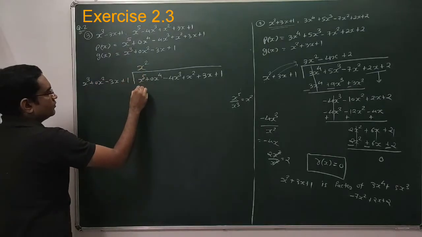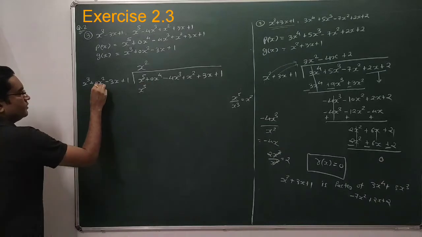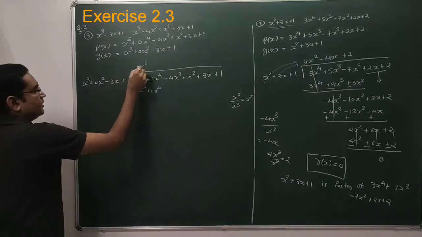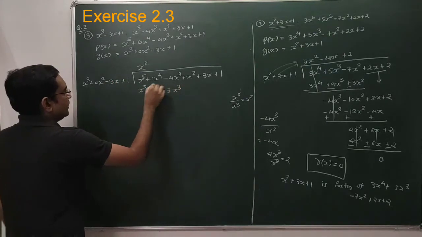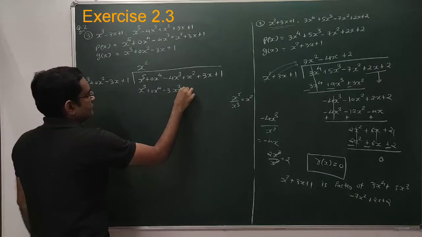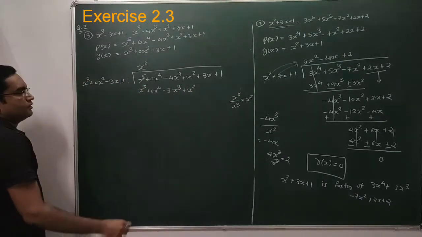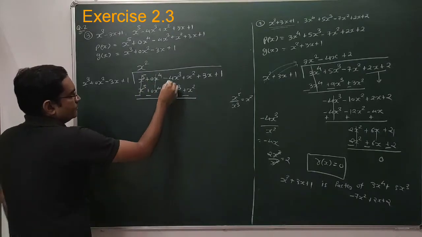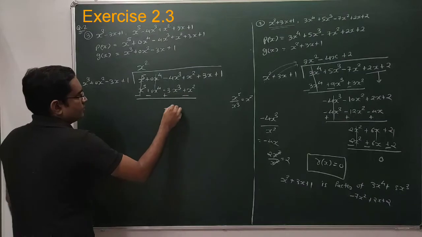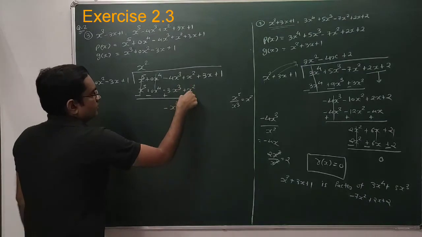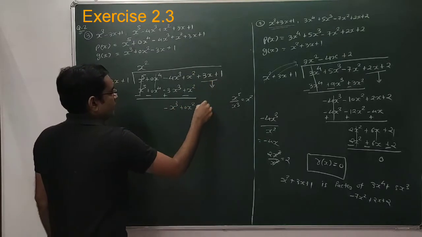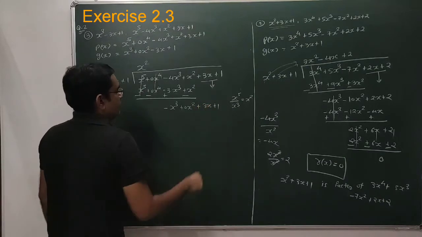So x square into x raised to 2, x raised to 5, 0x square into x square, it's a 0x raised to 4, minus 3 into 1, so it's a minus 3x cube, plus 1 into x square, so it's a x square. Done? Change the sign, minus minus plus minus, this will be cut, 0 0 0, minus 4 plus 3, so it's a minus x cube, x square cut, so it's a 0x square. Take these two terms down in this given terms, 3x plus 1.